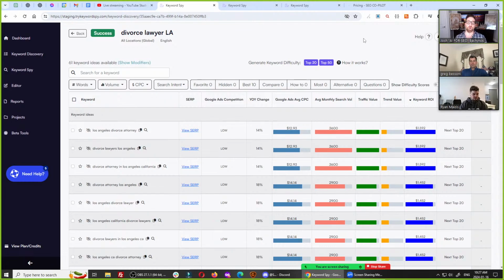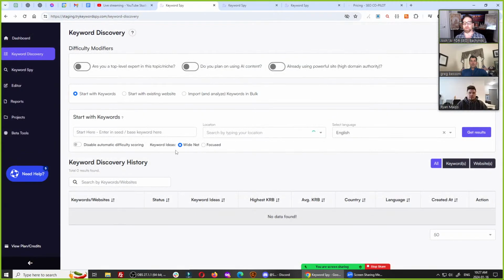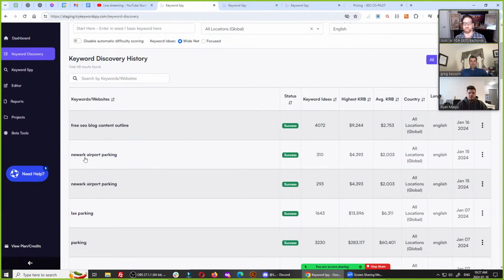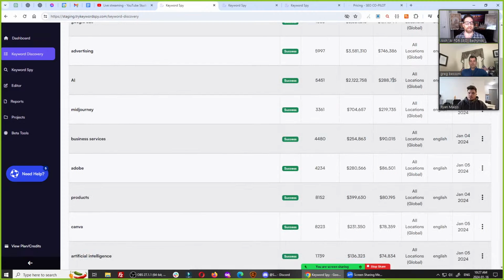If you're planning your life as an SEO and you're like, what kind of clients should I go after? Should I go after divorce lawyers locally in LA? Or should I be going after parking? You should be going after parking because there's more money there on average, right? This is just a raw estimate of the averages. You should be doing Google Ads or trying to rank for Google Ads. You should be trying to rank for AI stuff, huge money behind that, which everybody knows. There's all kinds of other business services which make a lot more money, because there's so many more millions of people looking for it.